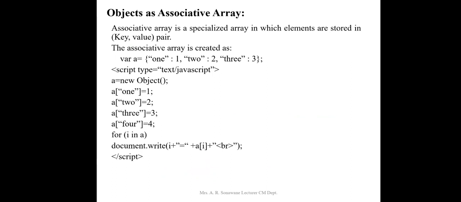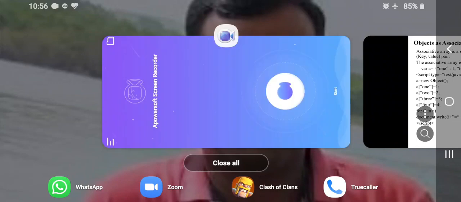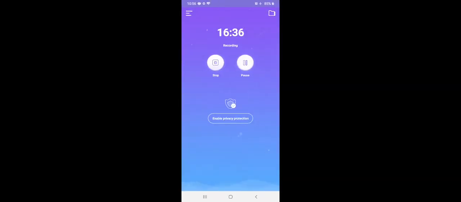So I think this finishes our array related part in JavaScript. So now we will stop here. In the next session we will be discussing how we should create the